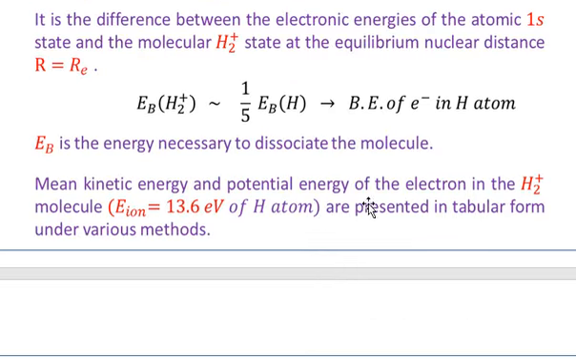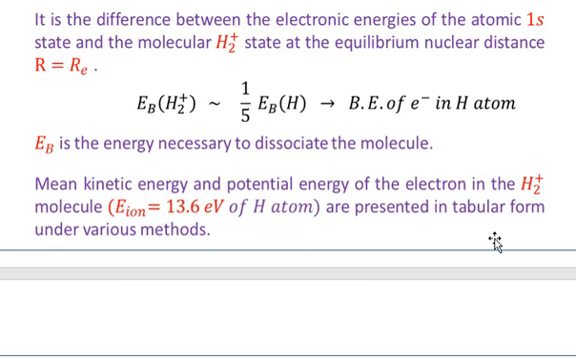Mean kinetic energy and the potential energy of the electron in the hydrogen singly ionized molecule. E ionized is 13.6 electron volt for the hydrogen atom. This is the energy required to ionize a hydrogen atom, and you know that 1/5 of this energy is required to dissociate the molecule. So the mean kinetic energy and the potential energy of the electron in the hydrogen singly ionized molecule are